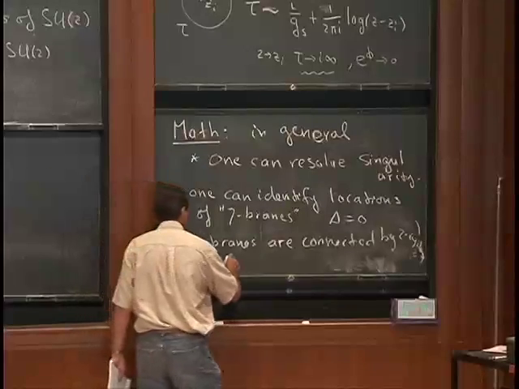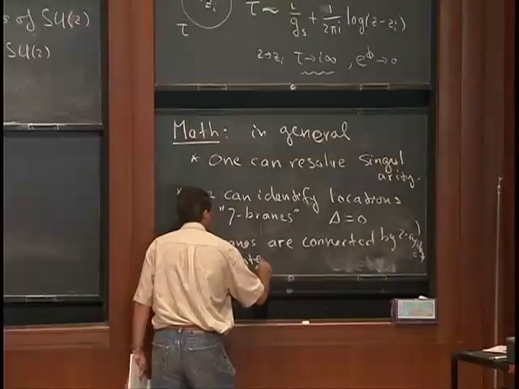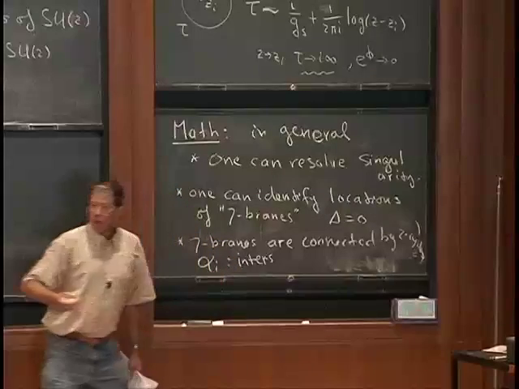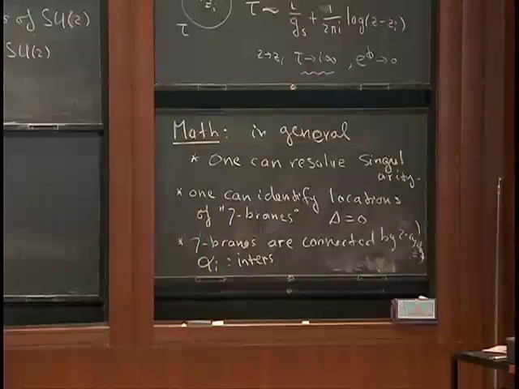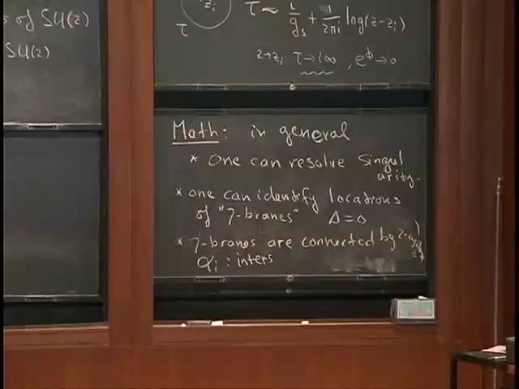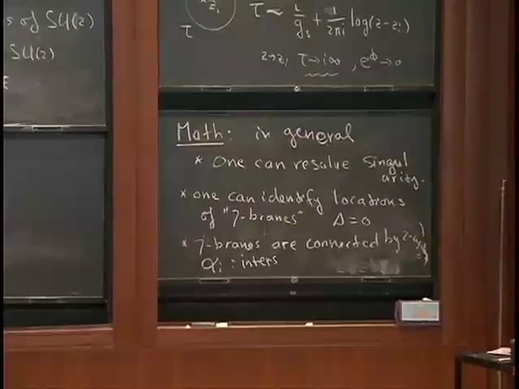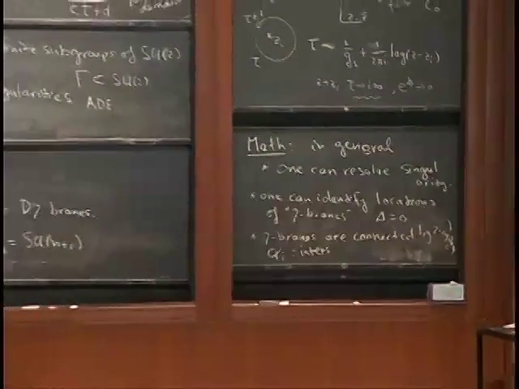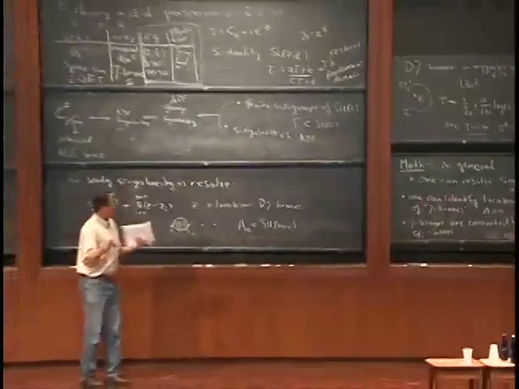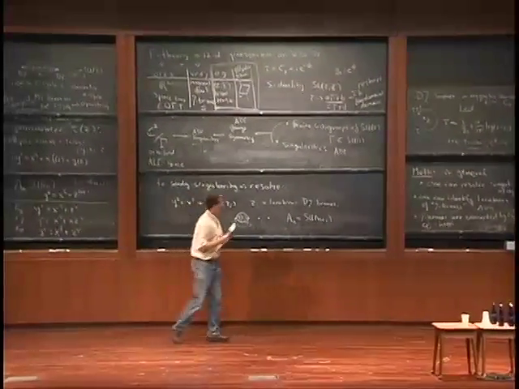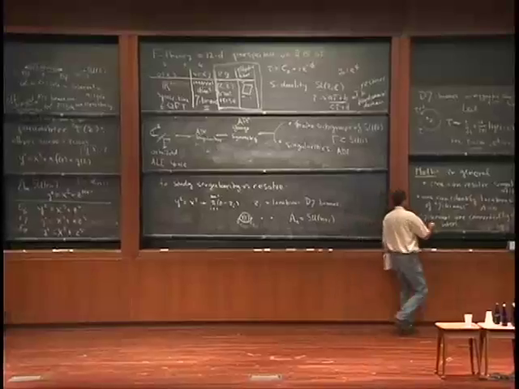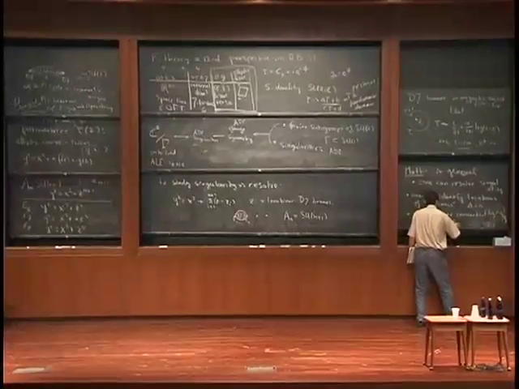But let me make the following statement, that now those 2-cycles within this 4-dimensional space, so this as a whole is a 4-dimensional space, which is this 2-torus over this complex plane. In that 4-dimensional space, there are going to be a bunch of 2-cycles, and those 2-cycles can intersect with each other. 2 plus 2 is 4, and therefore two cycles have one single intersection point, or a couple, or zero, but at least they can intersect at a certain point. And you can keep track of how many points they intersect,